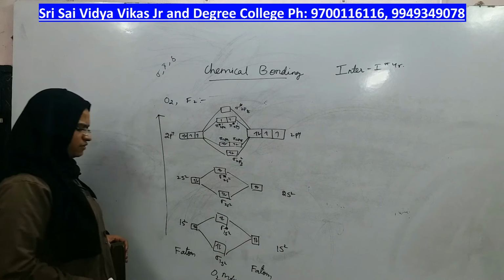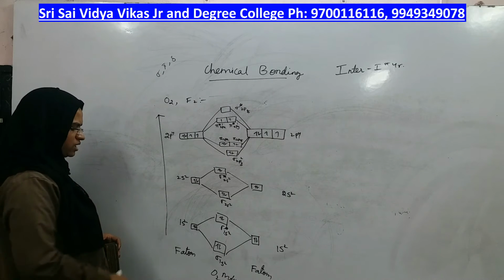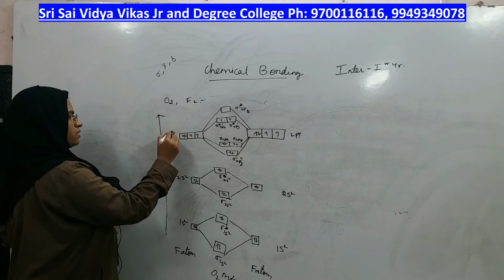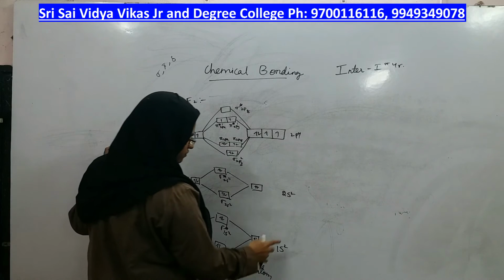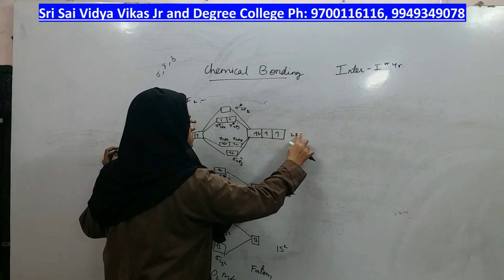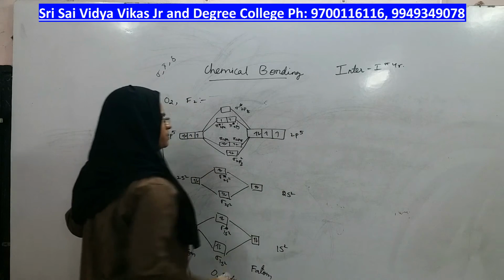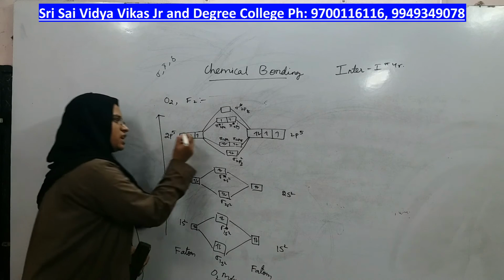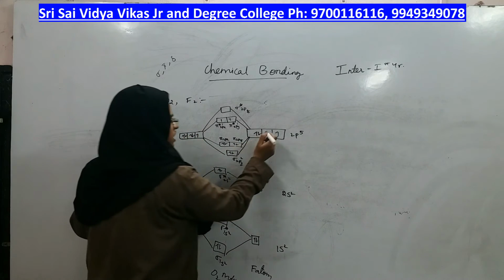Fluorine atom, right? What is the electronic configuration of fluorine atom? 1s2, 2s2, 2p5, right? So now 1 electron I have added extra which comes here, 1 electron I have added extra which